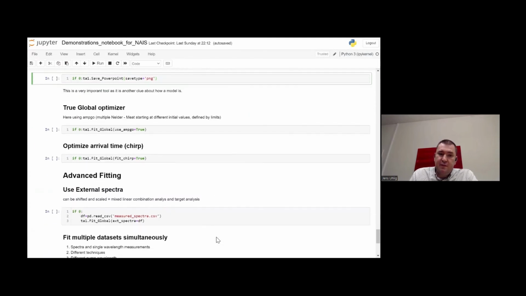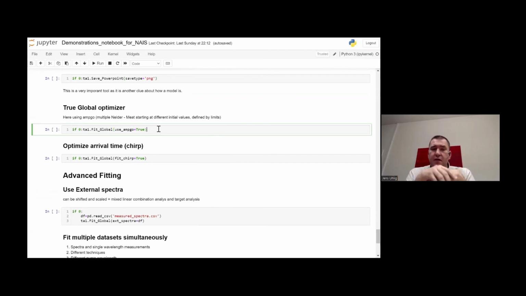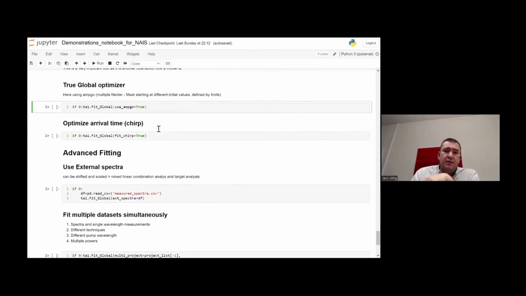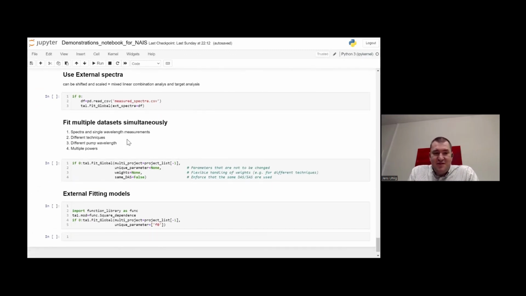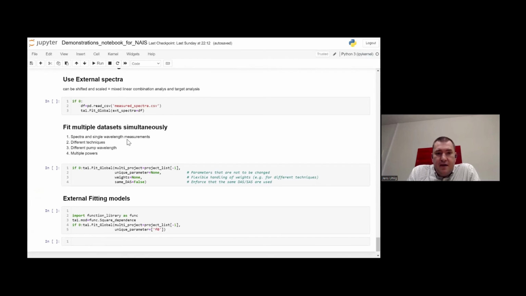Going on, included are true global optimizers, which means they do a non-linear optimization, which is the standard. And then I go to a different starting point, different starting point, different starting point, to try to find the true global minimum. I can refine the arrival time correction or chirp, something which I have chosen in the very beginning. And where I want to spend the rest of the time I have is actually talking about other types of